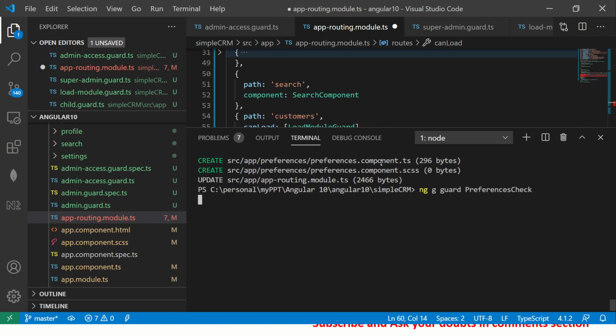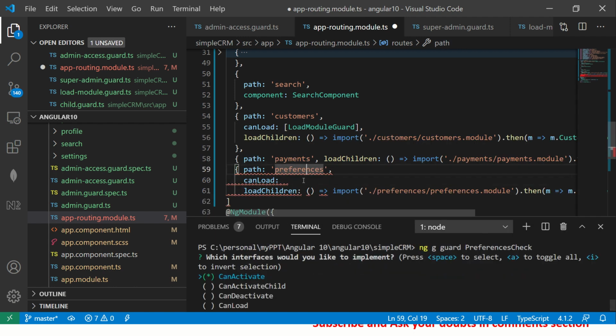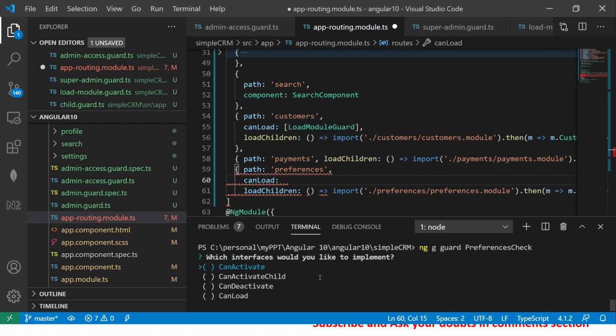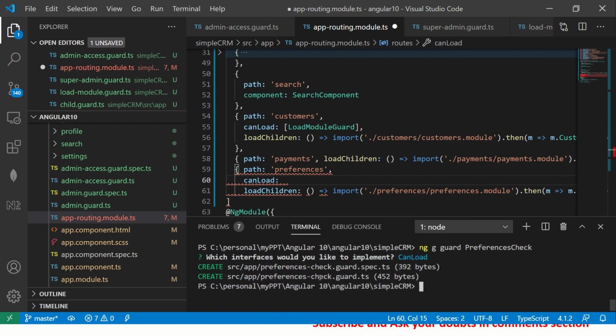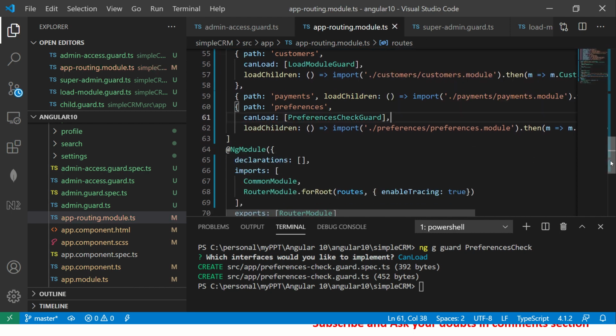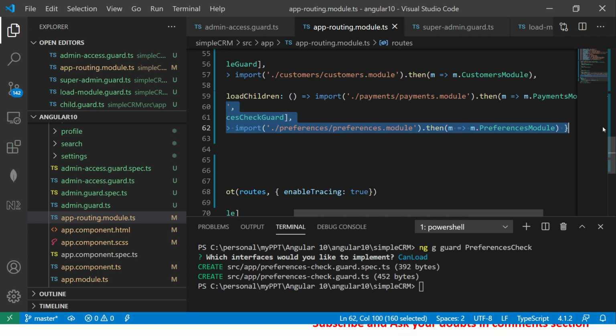It's again a guard, so you can use any existing ones or a new one, that's up to you totally, but I'm going to use a new one and enable the CanLoad interface. Select and hit enter, so it created our guard, and we are going to call it preferences check guard. Clear? So what we did, for this first we generated a lazy loading module which is called preferences module,